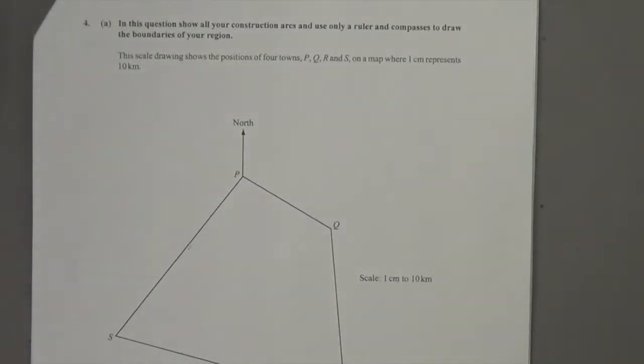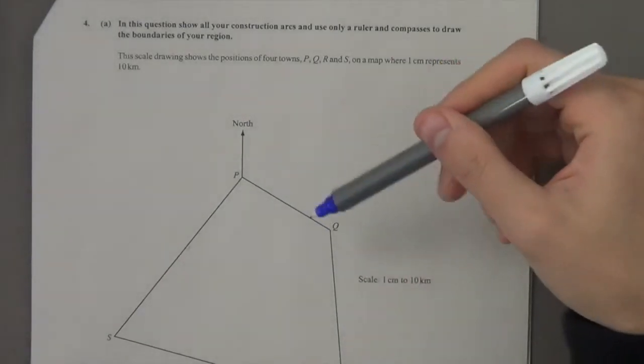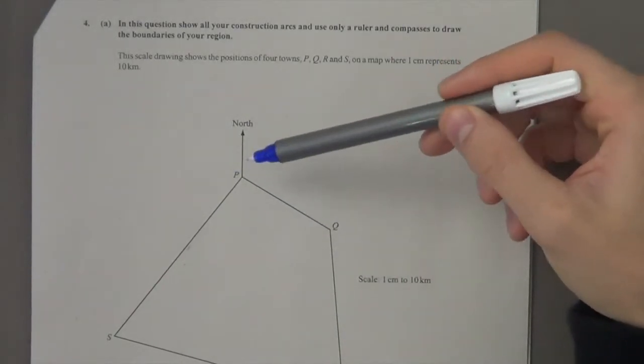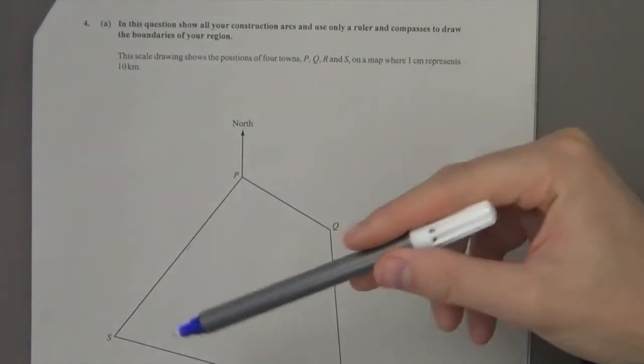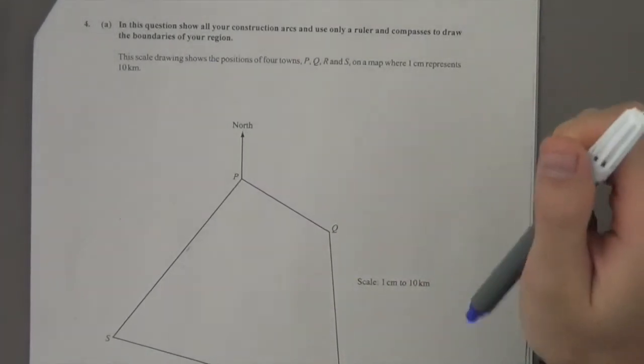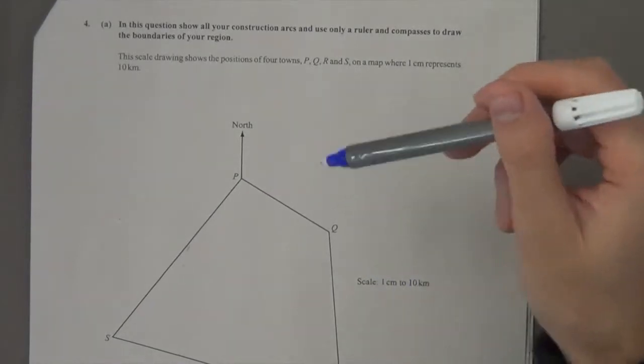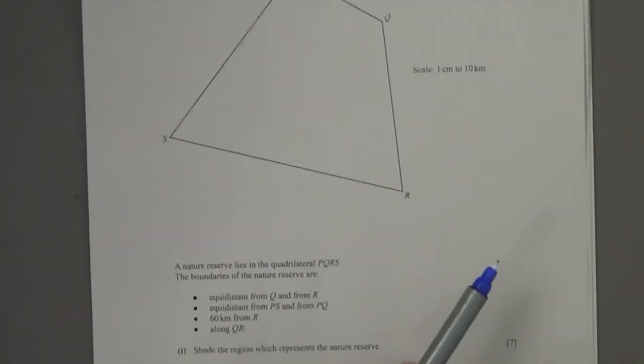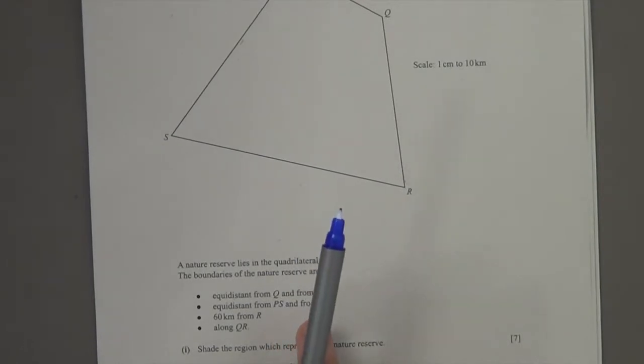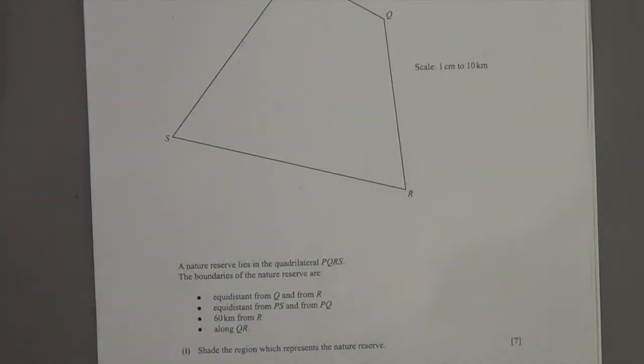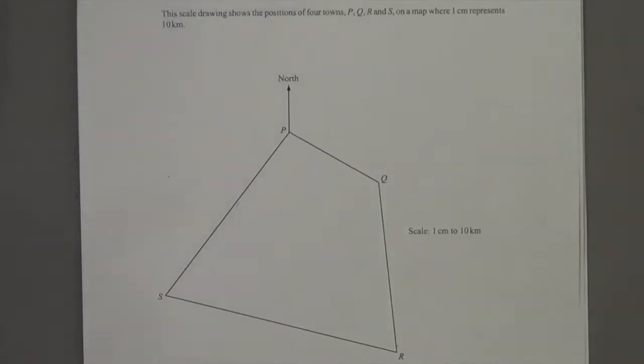Okay, next question. It says here's a scale drawing showing the positions of 4 towns P, Q, R, and S on a map where 1 centimeter represents 10 kilometers. Then it says a nature reserve lies in the quadrilateral. The boundaries of the nature reserve are equidistant from Q and from R, and equidistant from PS and from PQ. And it's 60 kilometers from R and along QR. Okay, so basically,